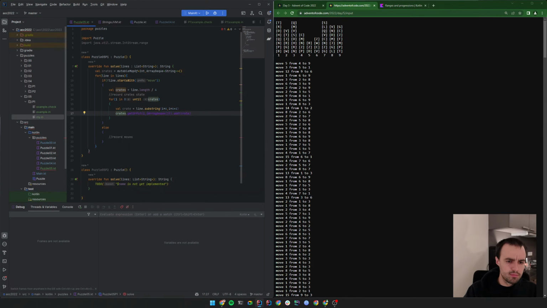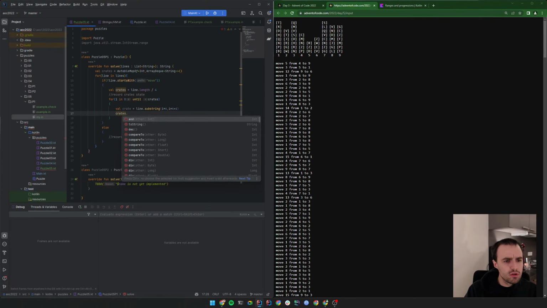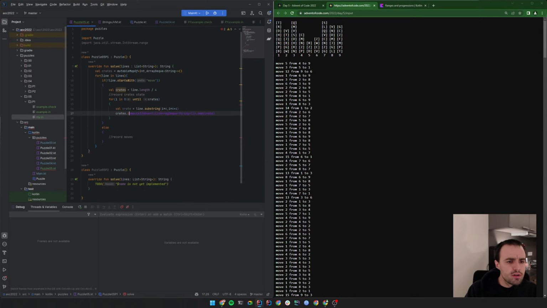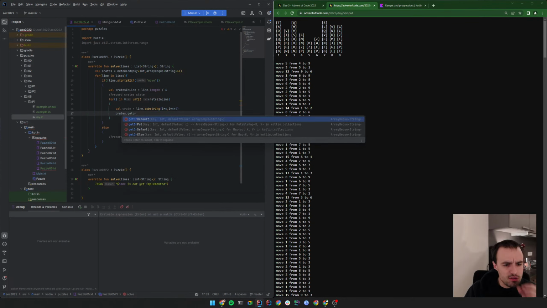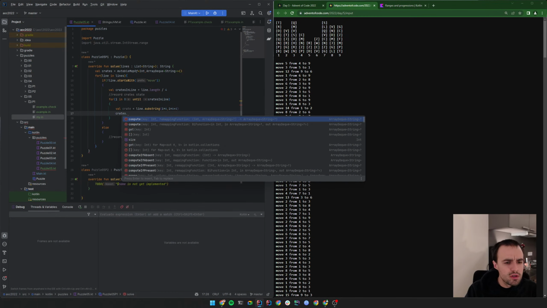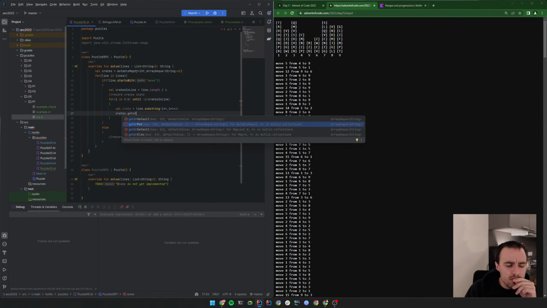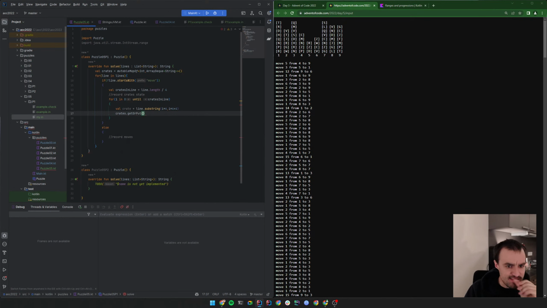There is something like creates is a map, right? Creates in line. Should not override this. And we can now say something like getOrDefault or getOrPut. Exactly, we'll put the 0 or the